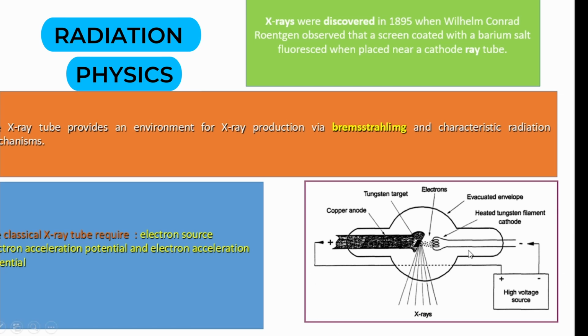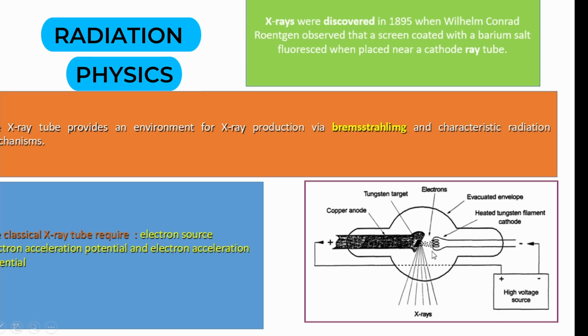You just have to know that X-rays are produced when electrons are released via thermionic emission or from a high voltage source. Heat is produced. When this is hot, it emits part of the electrons, and they are accelerated towards the anode. During the process, they lose part of their kinetic energy and they decelerate. Then during the process of deceleration, as you know, energy is neither created nor destroyed, it's just converted from one form to the other.